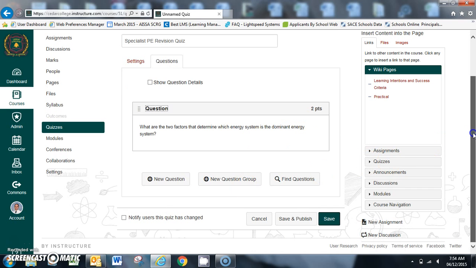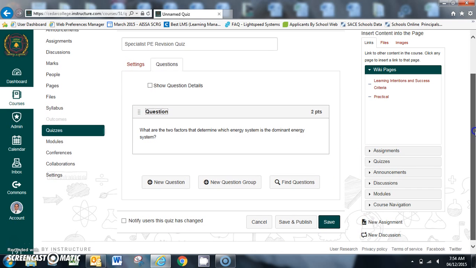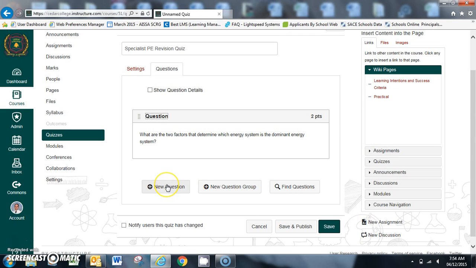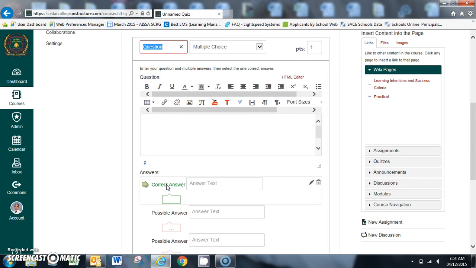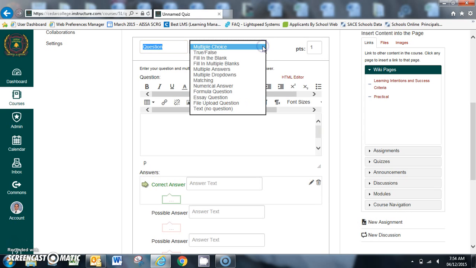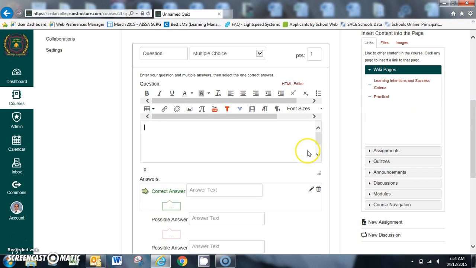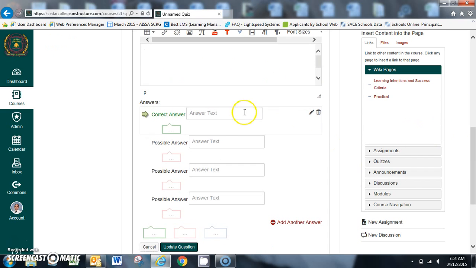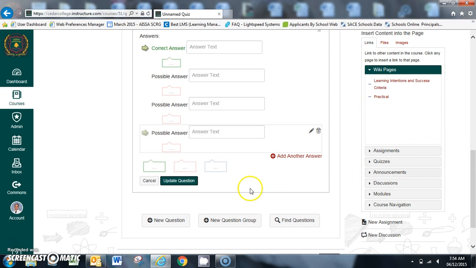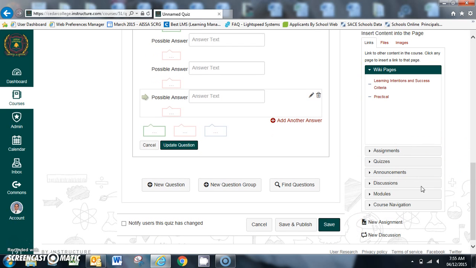So you can see that I've got that question there, and then if I want to add a new question, I simply choose new question, and I'd go through the same process again. I'd say, what type of question do I want it to be? How many points do I want to allocate to that question? What is the question? I would type in here. And of course, this is how it appears for multiple choice, it would appear slightly different for different types of questions. Correct answer here, other answers there, update question, and then I would add another new question. When I've finished all that, I just click save,